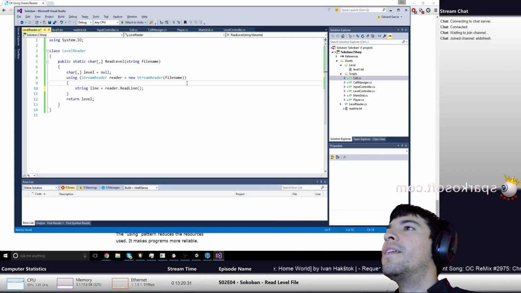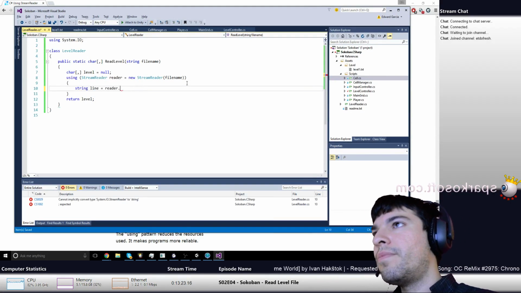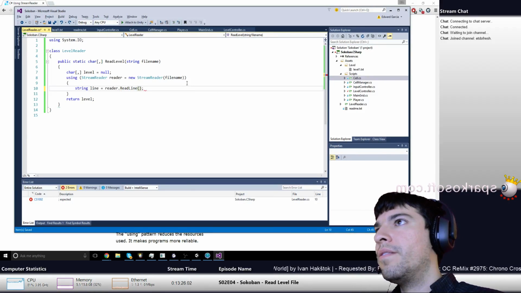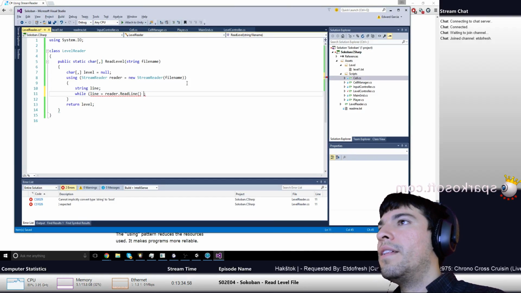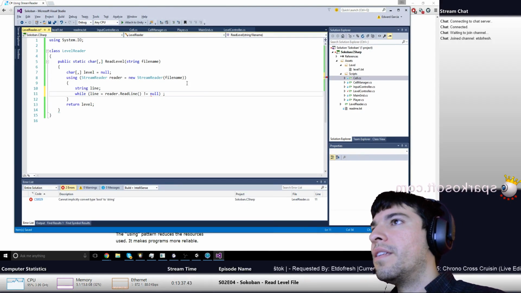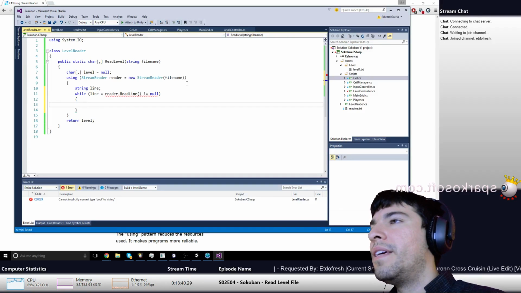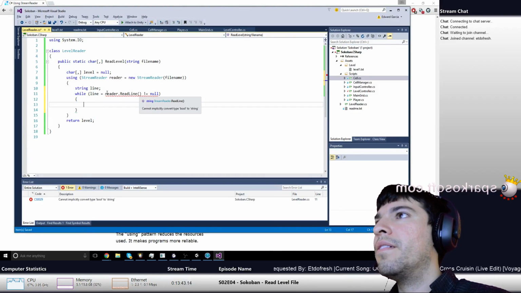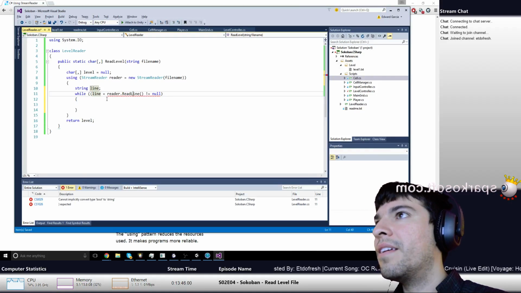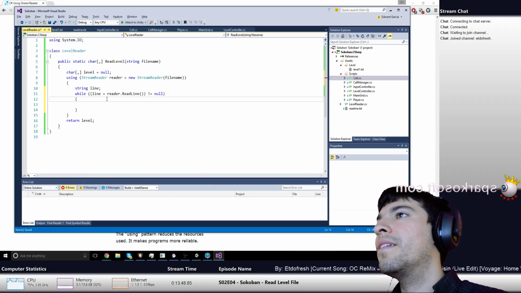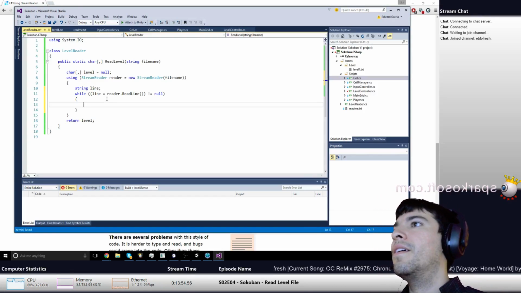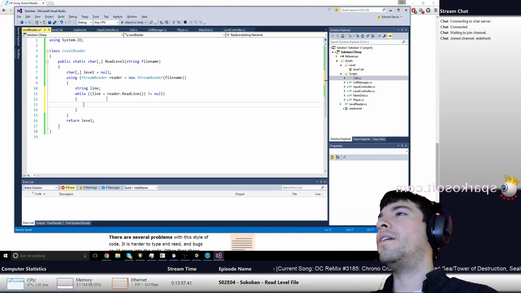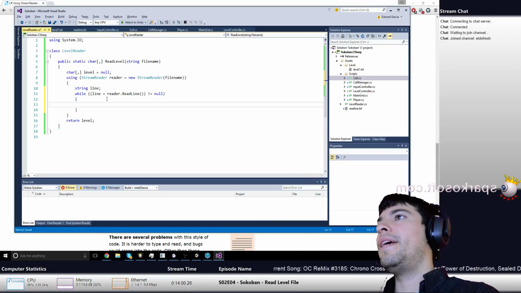Sorry, I was just reading. So it looks like I can do this multiple ways. What I can do here is just make a string line, and I can say, hey, while line equals reader.ReadLine does not equal null, something like that. Will you let me do that? Do I have to put more parentheses around everything? Something like that, maybe? Yeah, that seems good. How did this thing do it? Yeah, more parentheses. Alright, so while line equals reader.ReadLine does not equal null, yeah, go ahead and